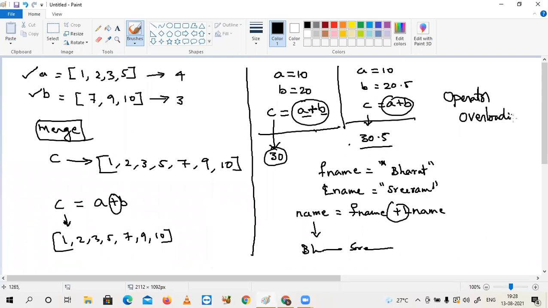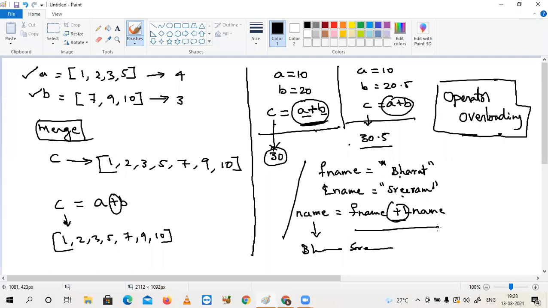Understood? Yes, sir. Based on the object type on which an arithmetic operator or any other operator is applied, the behavior will change. When I apply the plus between numbers, addition happens. When I apply the same operator on strings, concatenation happens.